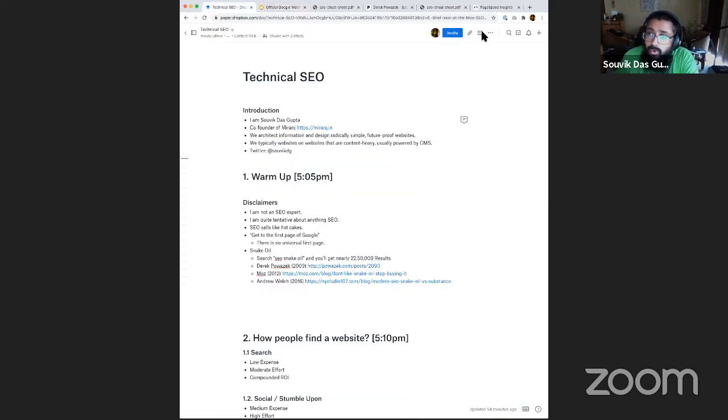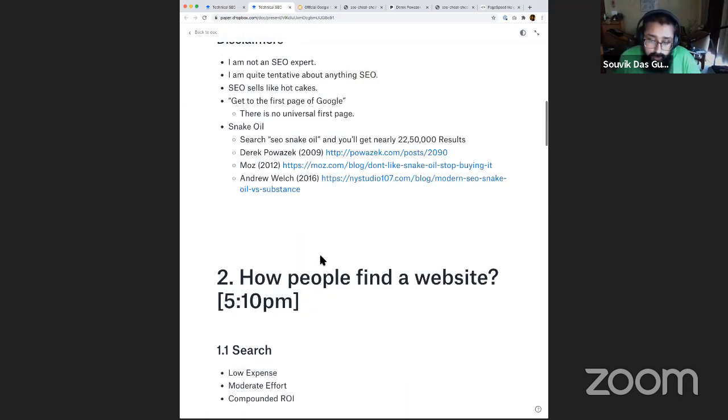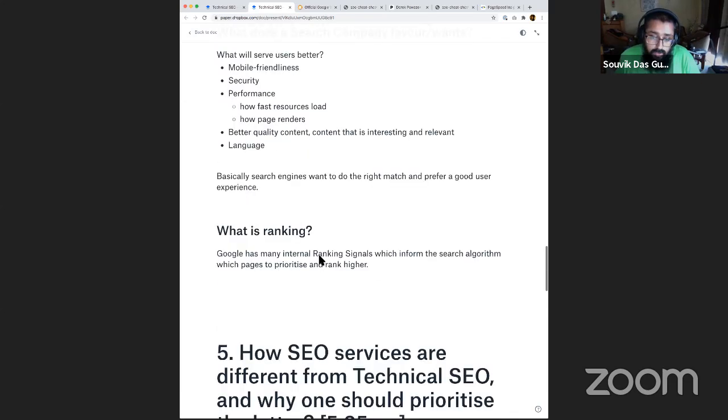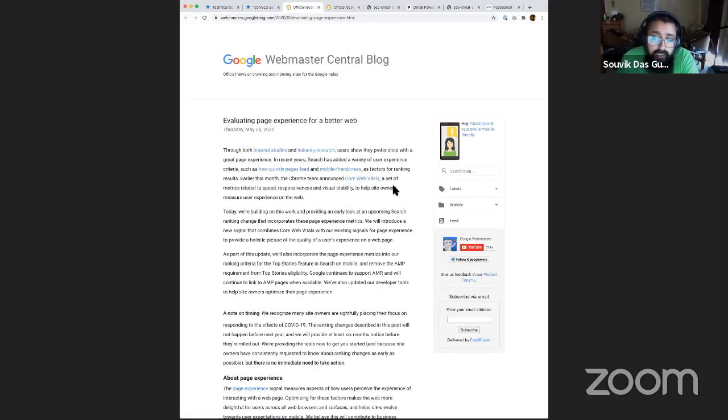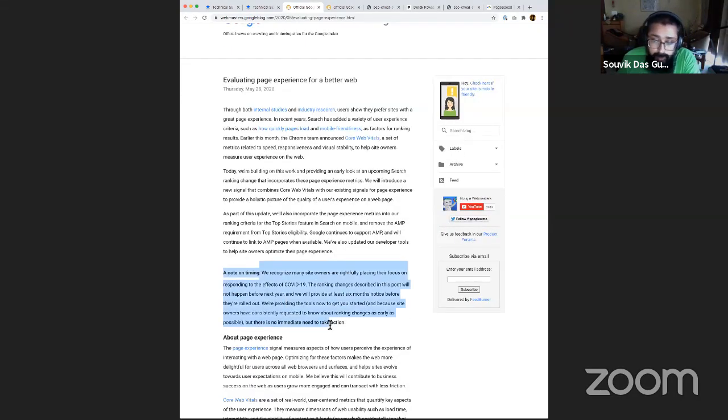And if you go into the other link that I had, which talks about the Core Web Vitals, a very recent set of benchmarks that Google has started, in this blog they keep putting out clear updates saying that very soon they are going to make a change. They talk about the timing straight away. They're saying that this is coming, and they will provide at least 6 months notice before it is rolled out. There's no need to take immediate action, but this is something you should start preparing for.